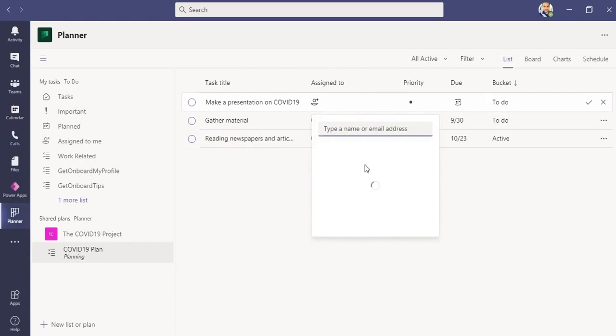Not sure why it is not coming up, it's loading. Anyways, this is how you can make a task from the Tasks application for your group or your plan, and you can assign it.